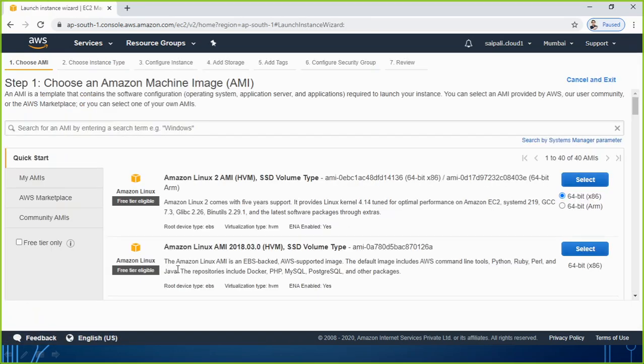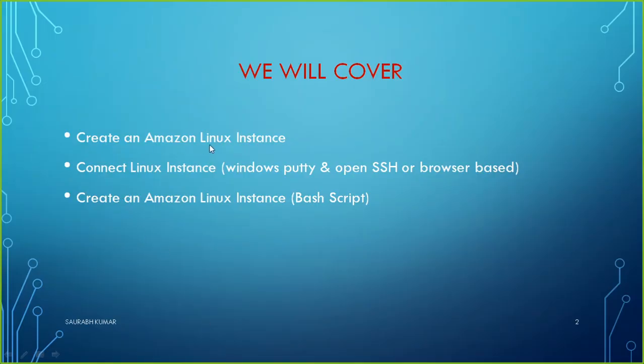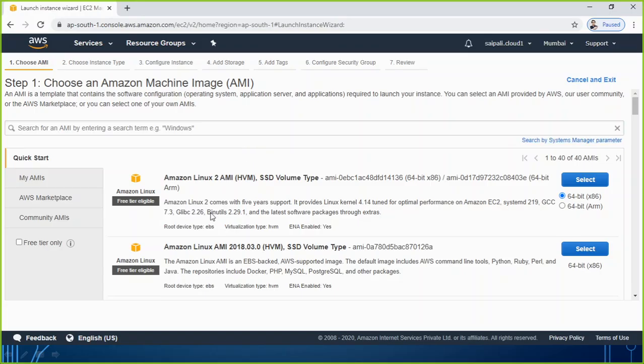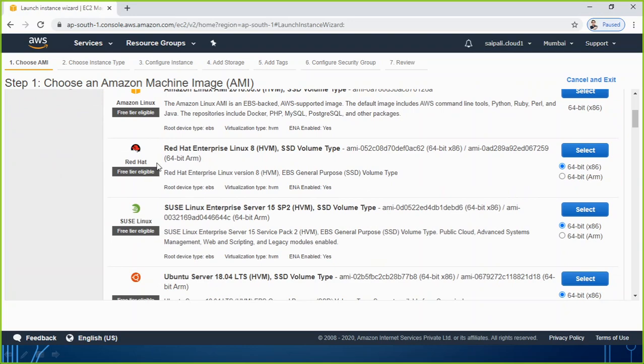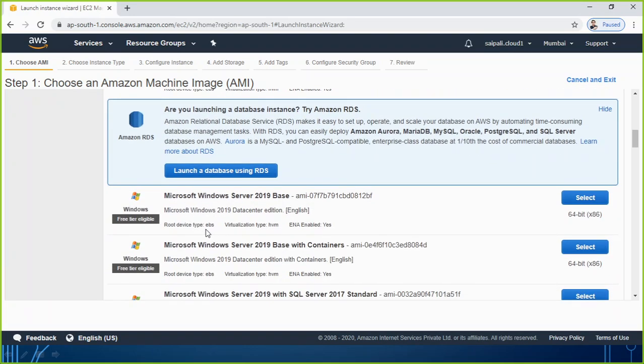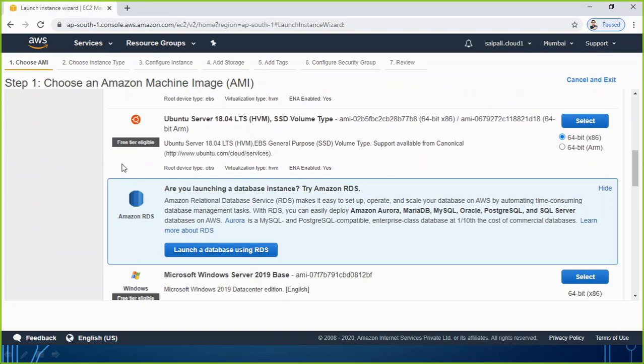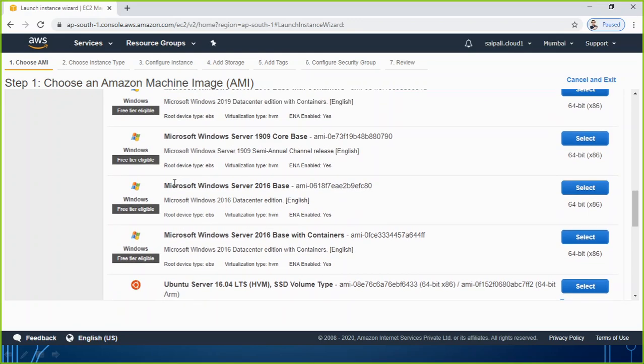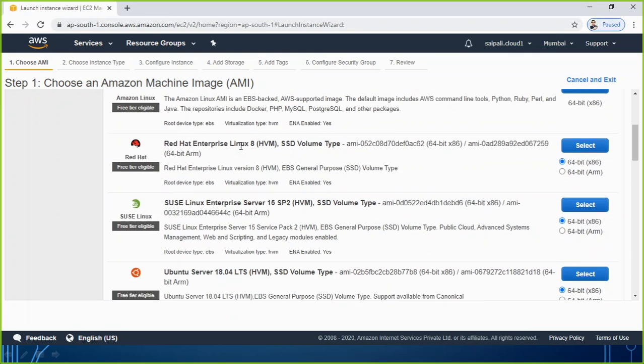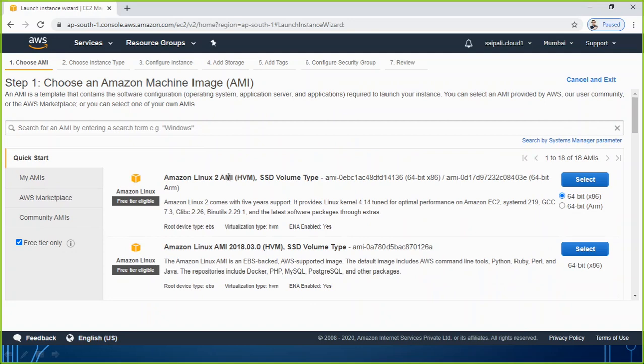As per our today's practical part, because we are planning to create an Amazon Linux instance, so let's use any of the AMI for Amazon Linux. You can perform even with Red Hat Linux, SUSE Linux, Ubuntu. So the steps will remain the same, but keep in your mind for practical purposes you will always be using only free tier eligible, so that there will be no charge to use this AMI. So for me I am also going to check this, so that I only get the options which are free tier eligible. Last day we did already practical of Windows Server. So today I am going to just choose Amazon Linux.